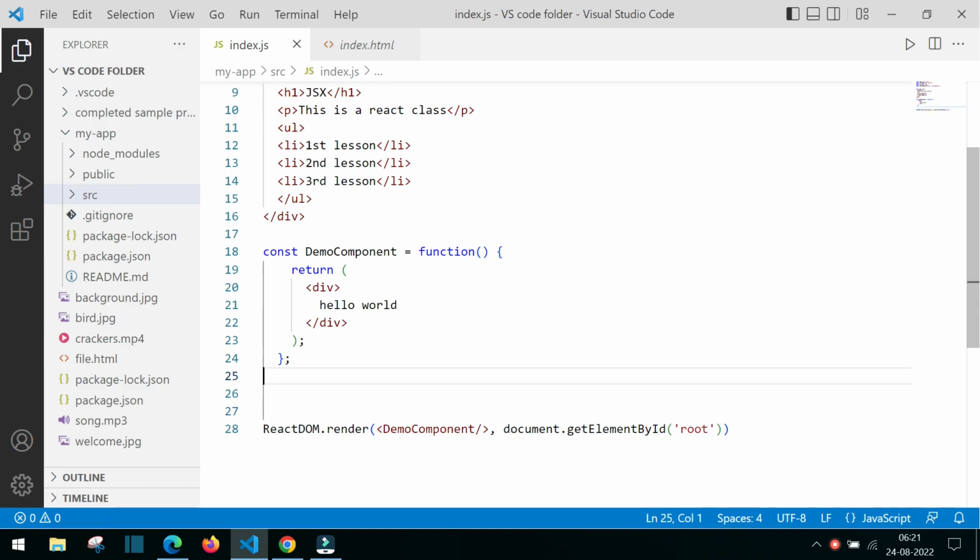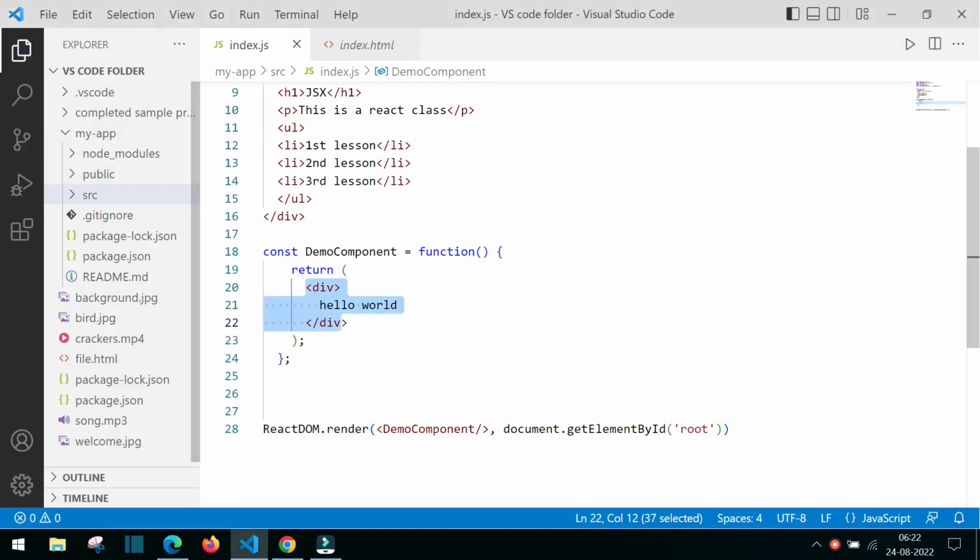So what you can see here is, I have created a function, and every function that you create in React is called a component. And in the return statement I have given a div element with the message of hello world. And now you can see the message of hello world here. And one more important thing here is,